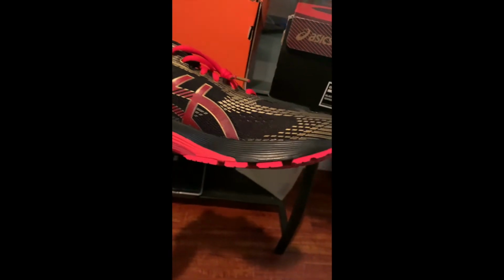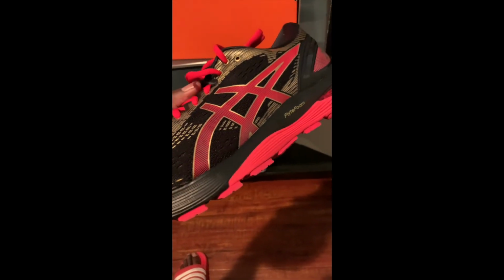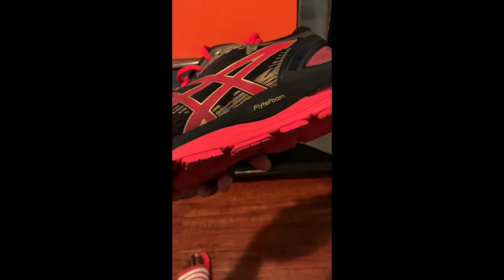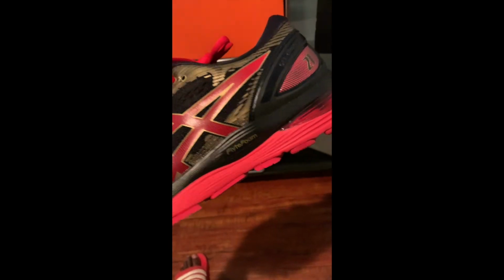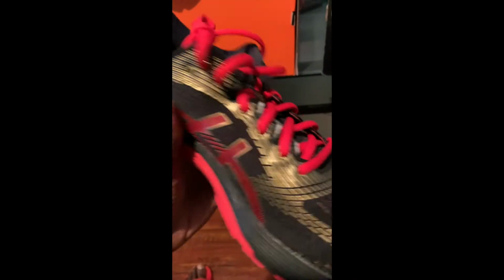Let's just take a look at this. First of all, the design, I'm just in love with it. Some people may say, well, you can't wear that with a lot, but for me, whatever. I like what I like. This shoe, hands down, if I was going to recommend a shoe for sesamoiditis, and as far as the comfort